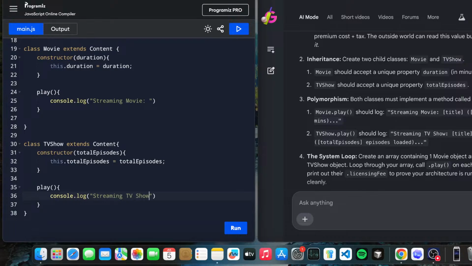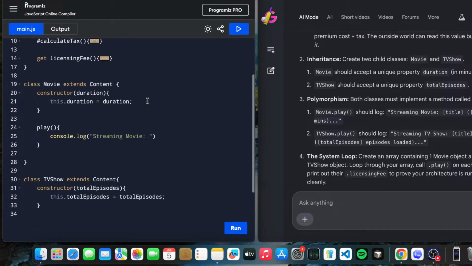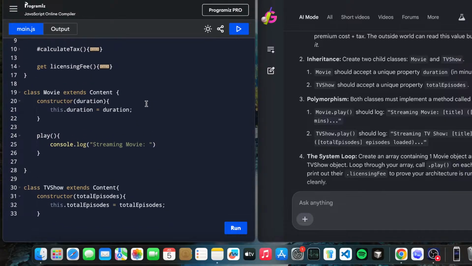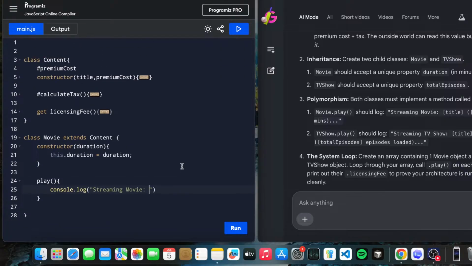Okay, so the movie show is this and it should have a title. How should the title be used? We will be using the super keyword. Before that, a template literal should be used, I forgot to use the template literal.